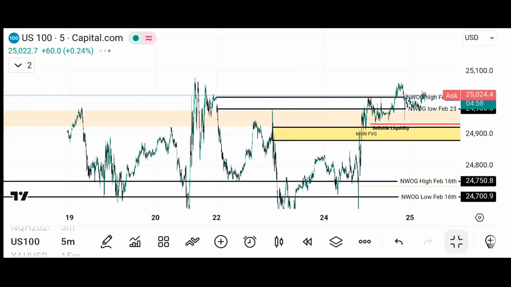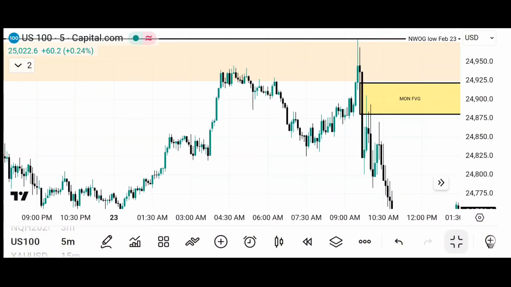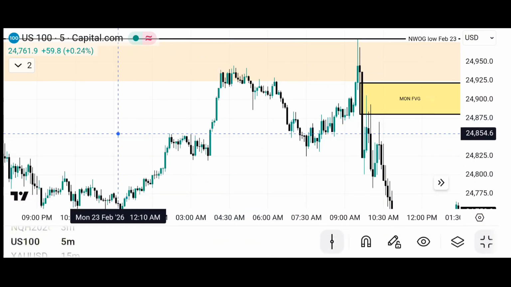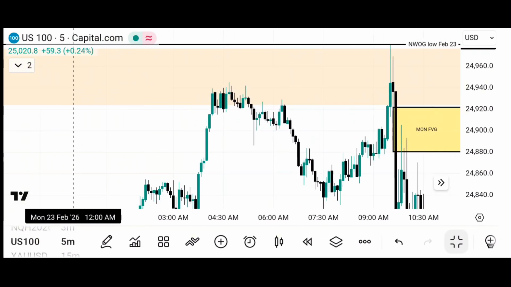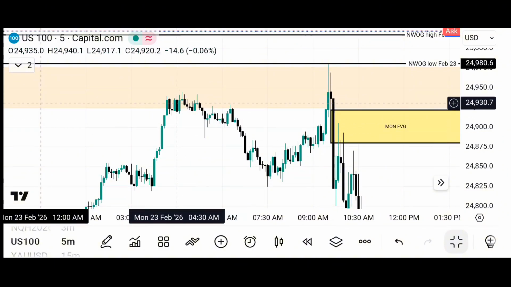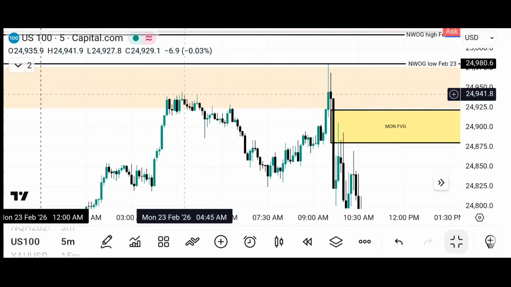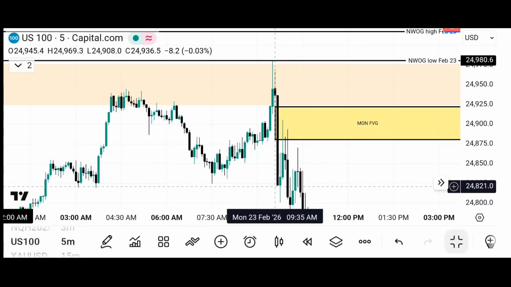So this is the 23rd. The 23rd was a bearish candle, then the 24th was a bullish candle. This is the start of the 23rd, and the drawdown in price happened during the New York AM session. You see this high was created during the London session. This high was created during the London session, and during the New York AM session,